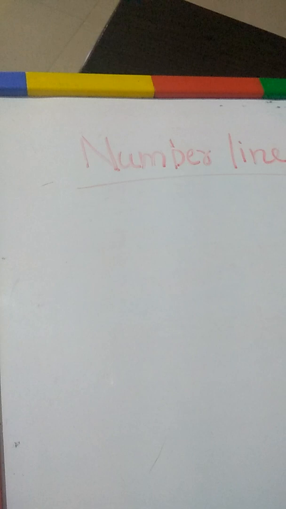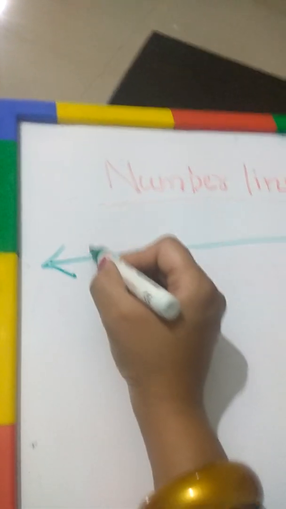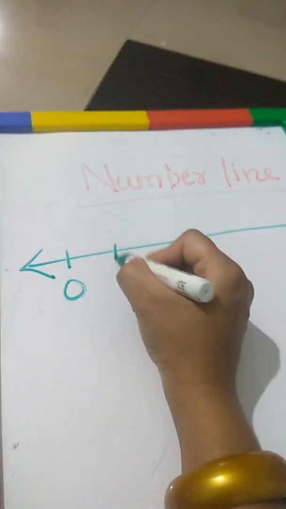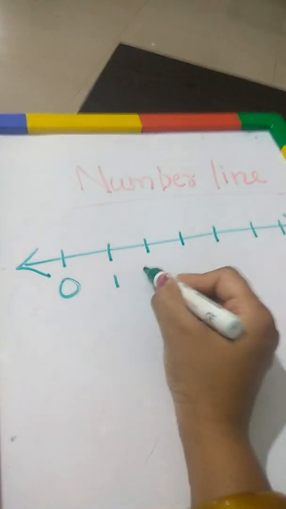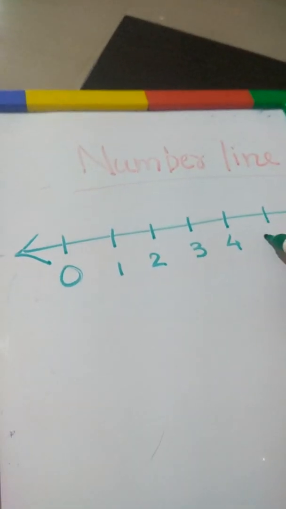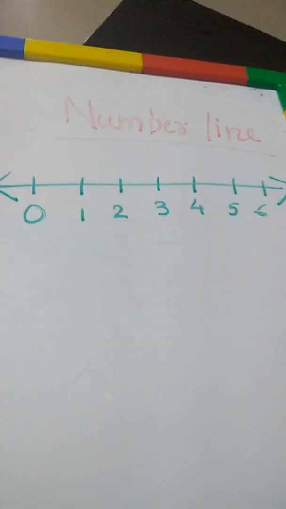After this, let us do how we represent the whole numbers on number line. You know what's your number line? Number line is an imaginary line in which we can show any numbers. All the numbers that exist can be shown on the number line. Now how the whole numbers are shown? At one endpoint I'll take 0. This you have to take at equal distances. And we can keep on writing the numbers one by one till infinity. Line means infinite. So similarly all the numbers can be displayed there.